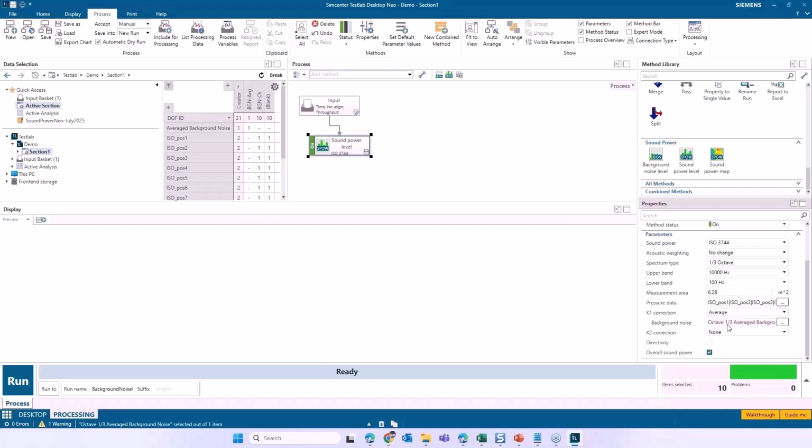Similarly, if I want to apply this K2 correction factor, I have options here. I can use the reference sound source method or the reverberation time method. So if I select the reference sound source method, then we have to specify two curves here. One is calibrated reference and one is the measured one that you have. Calibrated reference, that is the one as provided by the vendor of that reference sound source, and what we have measured in that environment. We have to specify both curves here.